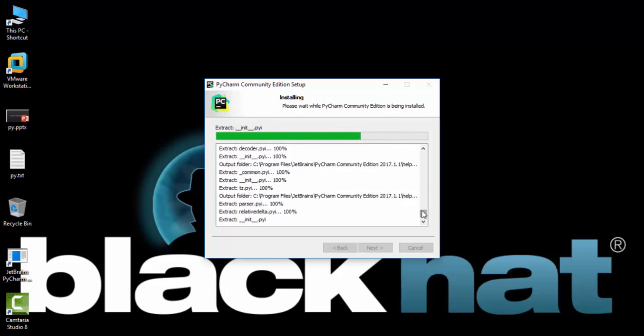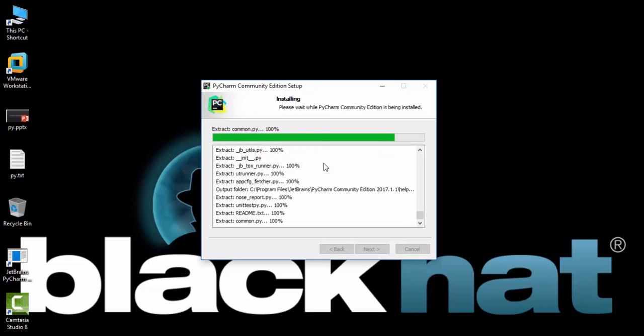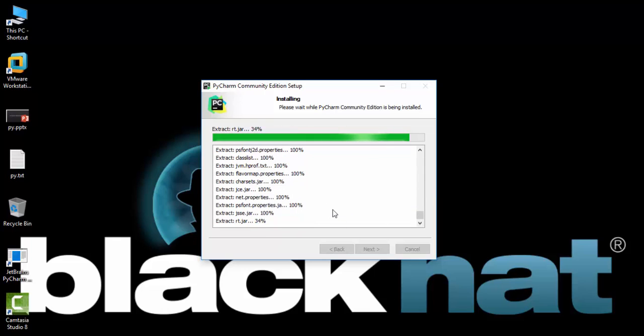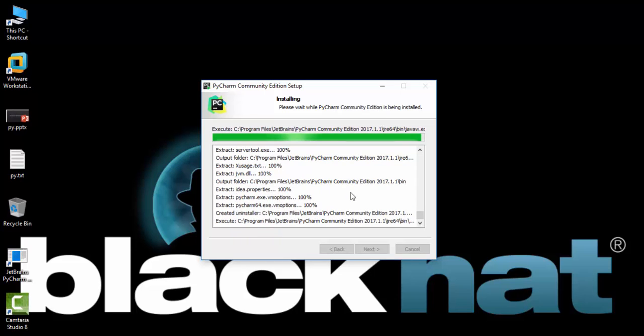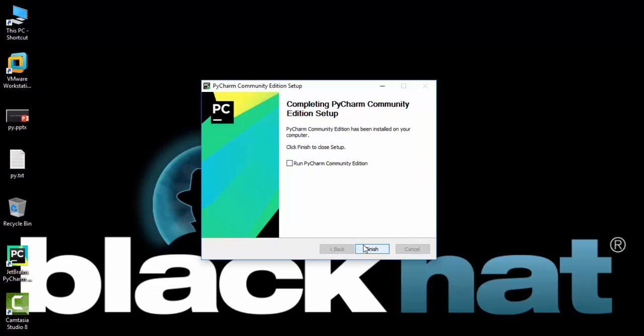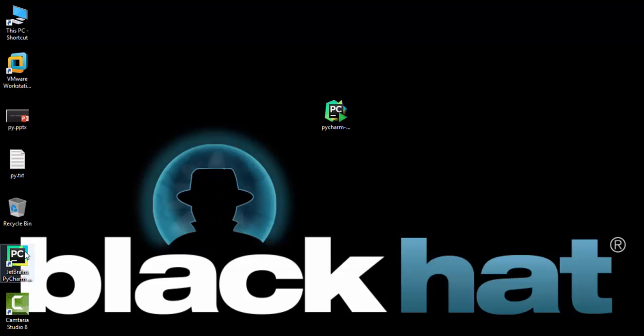And here we go. It just completed the installation procedure. Now it's time for all the DLL files. And that's it. Finish. So now you can see that there is also a shortcut available in your PC,